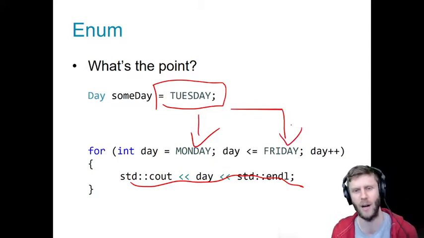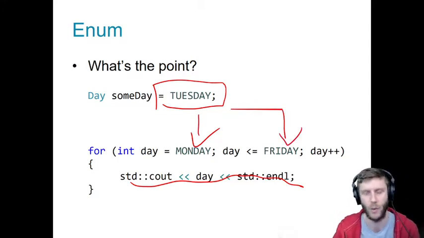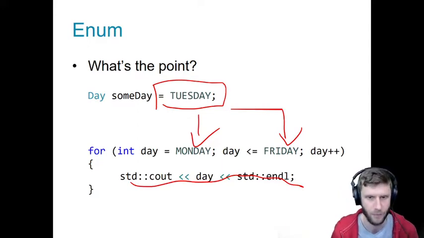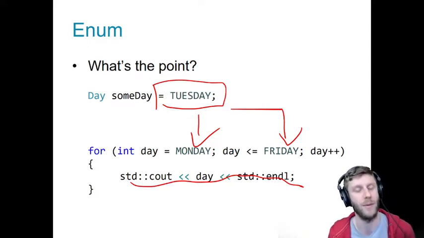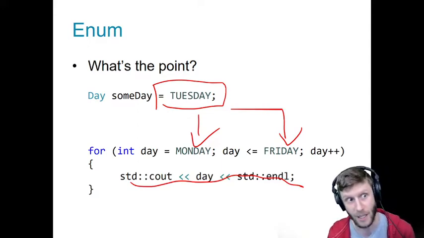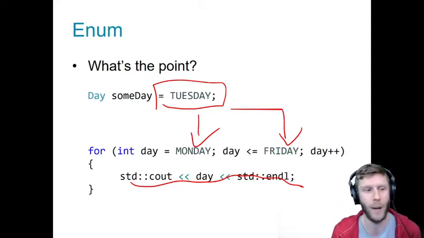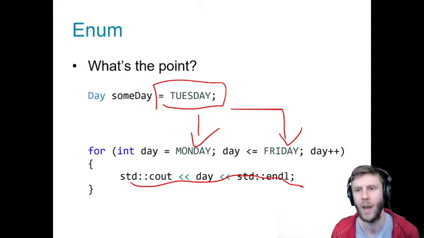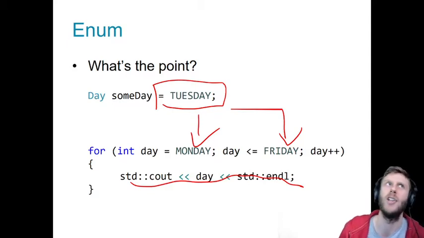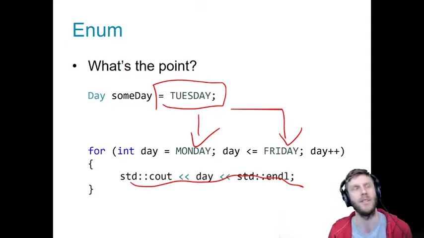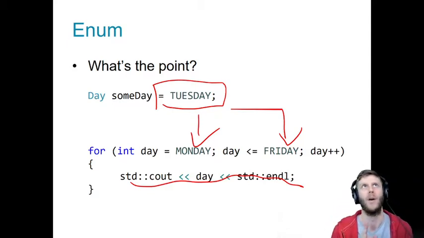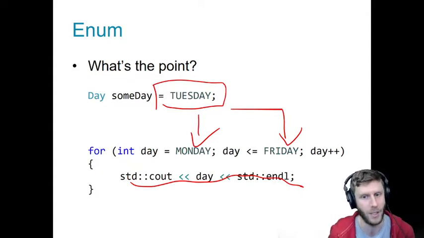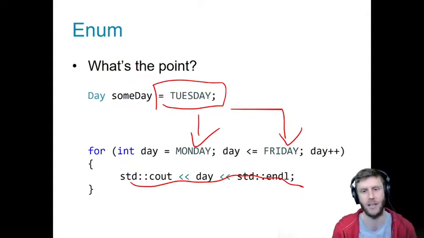I look at this and go, oh, clearly they're just enumerating over the days of the week. So this code has something to do with the days of the week. Another example of where this might be really handy is if you think to assignments 2 and 3, where I'm doing the get neighbor. I could have done this in an enumerated way, where 0 is up, 1 is to the right, 2 is down, and 3 is left. So I could say check up, check down, instead of saying check 0, check 1.